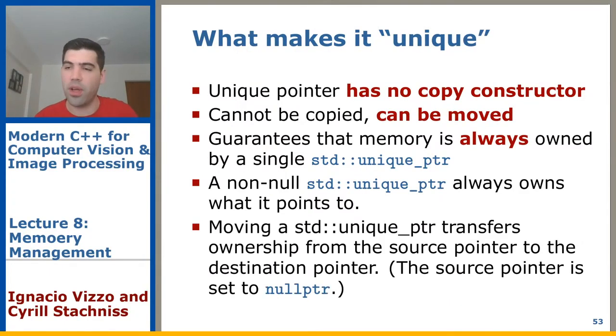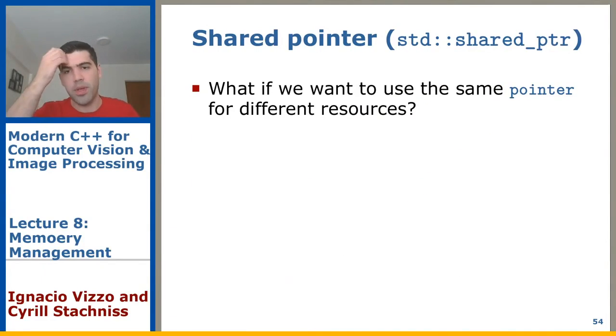So if you are lost and don't know which pointer to pick between shared pointer and unique pointer, just use this one, because at least it's the same. There's no overhead compared to raw pointers, and it's much better because you don't have memory leaks and dangling pointers whatsoever. And then lastly, there's this thing called shared pointer